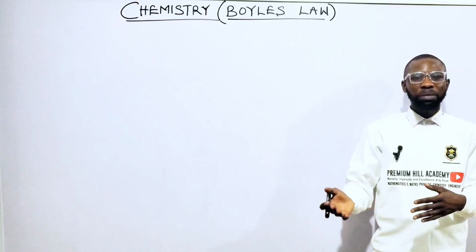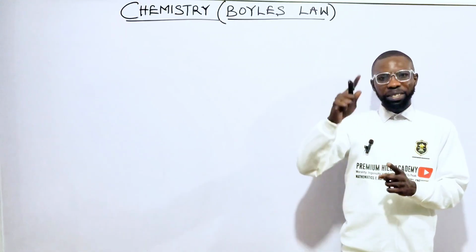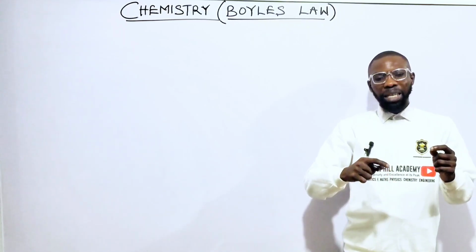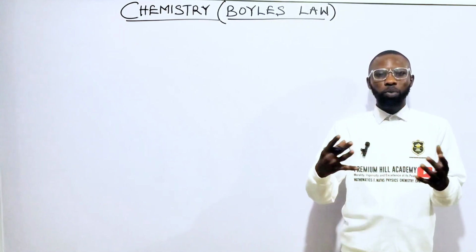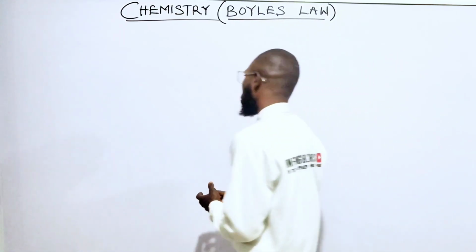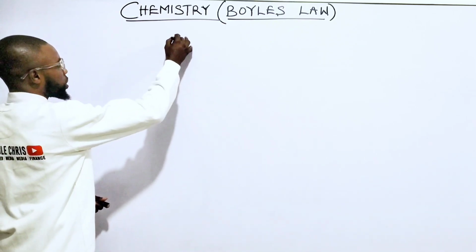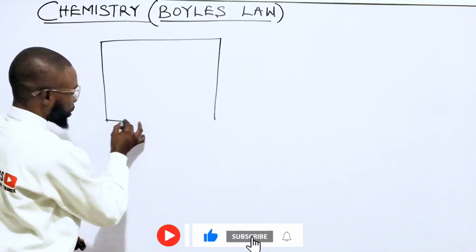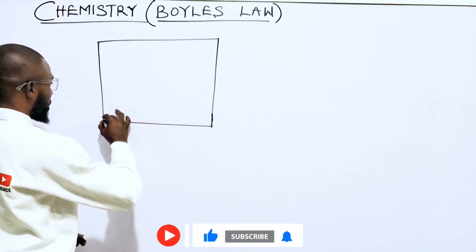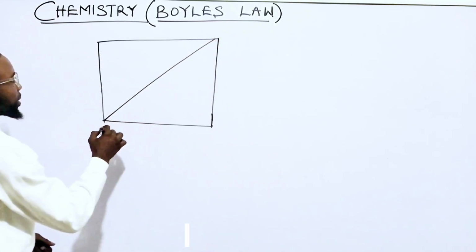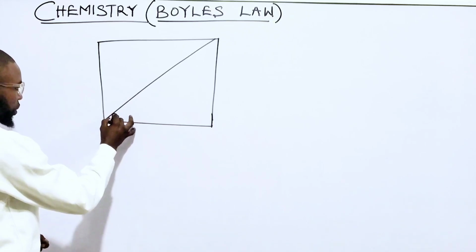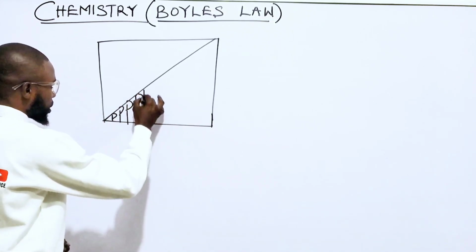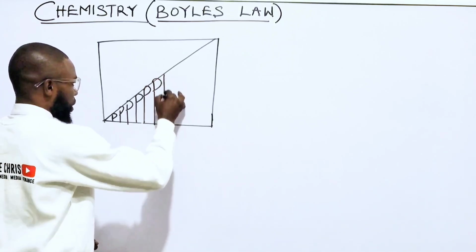In other words, what that simply means is that as the pressure is increasing, the volume decreases, like we saw in the video guide, and as the pressure reduces, the volume increases. So there are other ways we can state Boyle's law. We can use a pictorial example for it. Let's take something like this. You discover that as the pressure is increasing, look at the pressure P, as it increases,